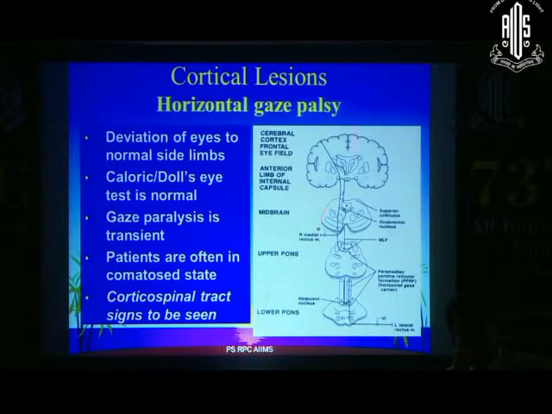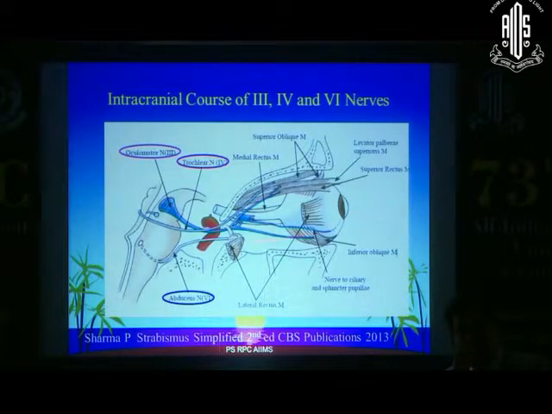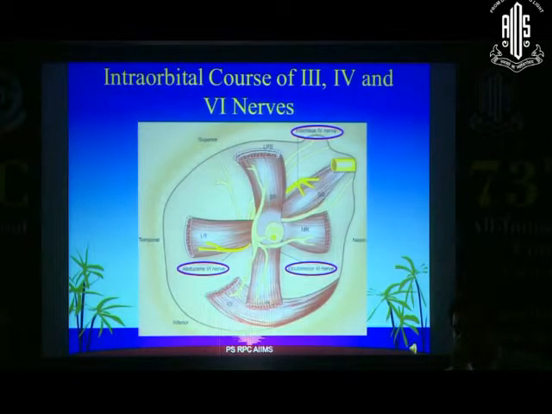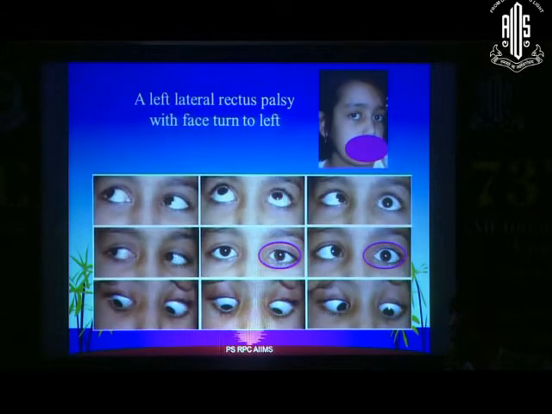The horizontal gaze palsy classically does not have diplopia because it involves both the nuclei simultaneously. So it will not have diplopia, whereas infranuclear or internuclear conditions will have diplopia. Classically, the internuclear is the internuclear ophthalmoplegia. Remember the anatomy always: the third, the fourth, and the sixth nerve, where they are coming from. The fourth nerve takes a dorsal route, and it can be easily injured in head injuries. In the intraorbital course, the superior and the inferior divisions of the third nerve are separated, which may be involved differently. And for the nuclear palsies, we have to be thinking about that.